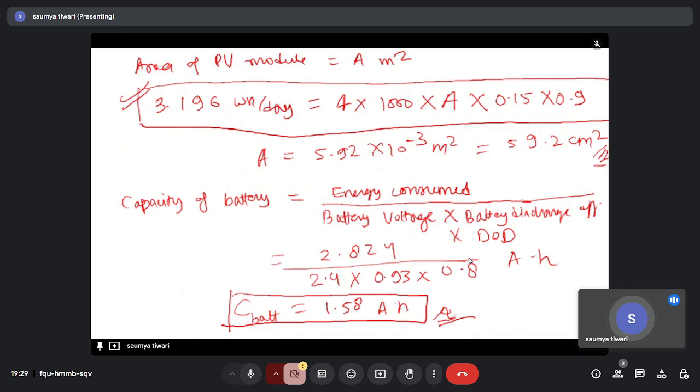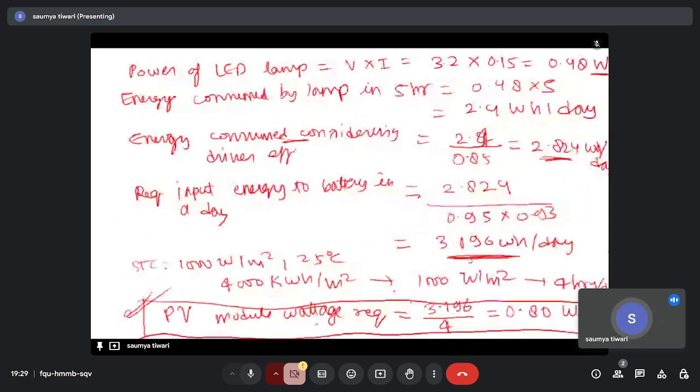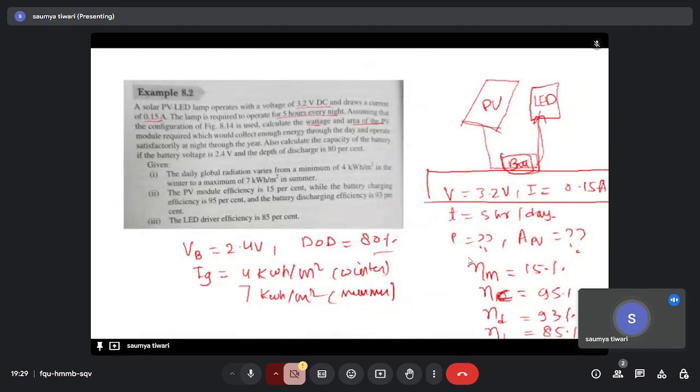In order to charge the battery safely, the difference in voltage between the PV module and the battery typically should not be greater than 1.5 volt. This value is typically specified by the manufacturer of the battery, but these are all the parameters that have been asked. We have calculated it, and we have understood how this PV module is basically applied in actual scenarios. Okay, now